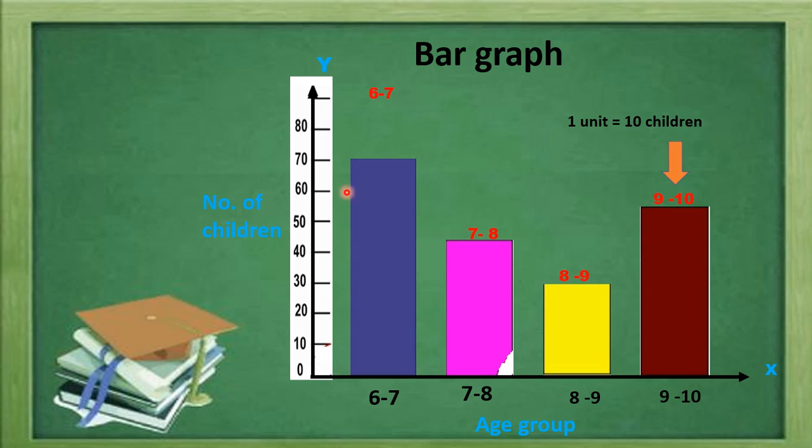Here one important thing we observe is that the width of the rectangles is the same. Also, whatever distance is taken on the x-axis for the first rectangle, the same distance we have to follow for all rectangles. So the important thing is that the width of the rectangles is uniform, and there is equal space between the bars or rectangles. In this way we represent the given data in the bar graph.